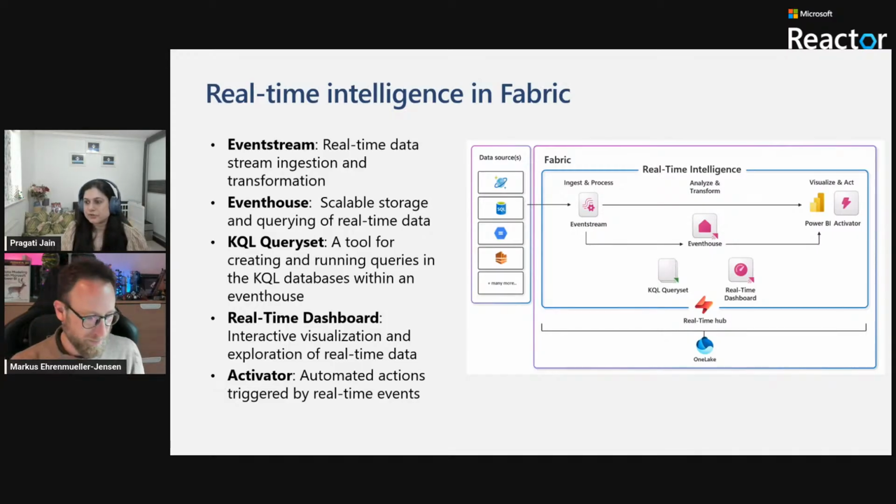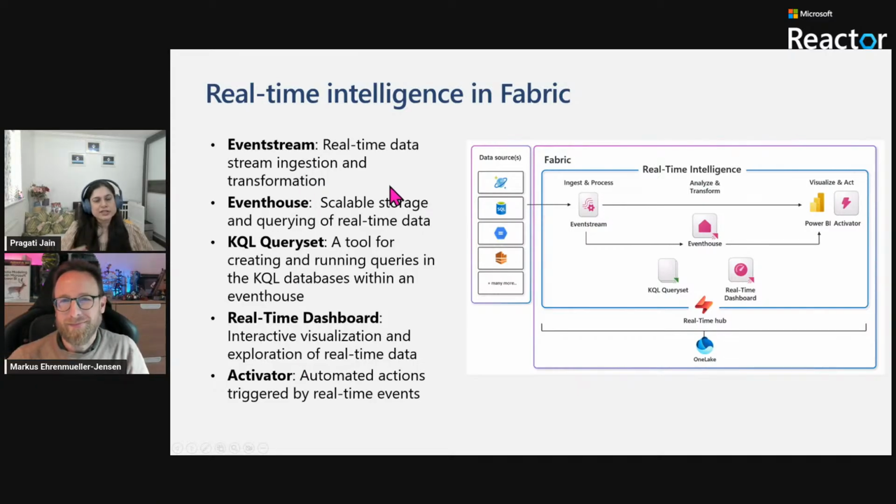In Microsoft Fabric, now this process can be accomplished using tools designed for real-time ingestion, similar to how you might use Azure Event Hub. Now there could be people in the audience who have used Azure before, so this might be very much similar to what you have done on the Azure Event Hub side. Now, when it comes to bringing your real-time streaming data to Fabric, there are certain elements related to it. You can see there are a few things here like event stream, event house, and so on.